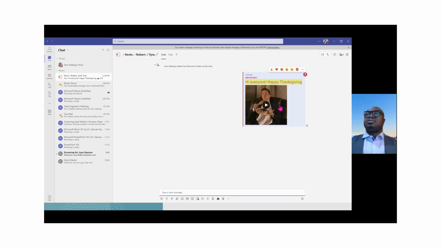And they can also throw some like or love or even some laughter emoji. And right here, you can also say reply. So I'm replying to my own text and I say, do not eat too much.